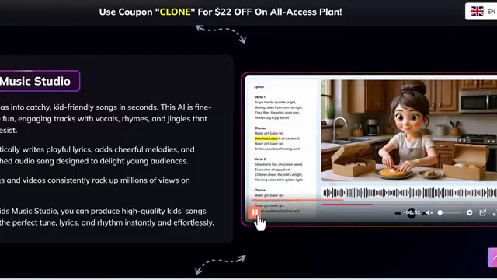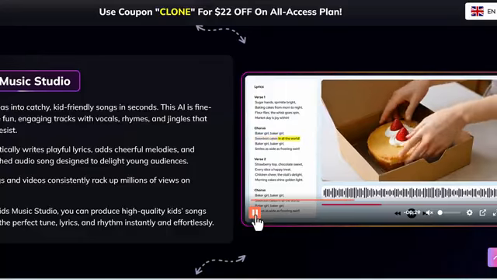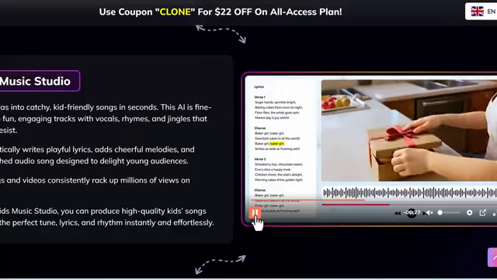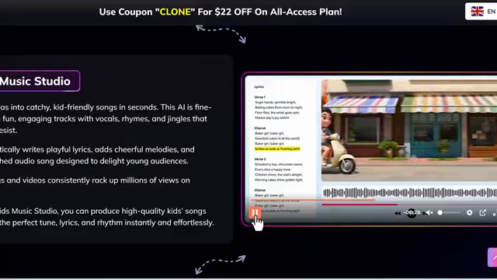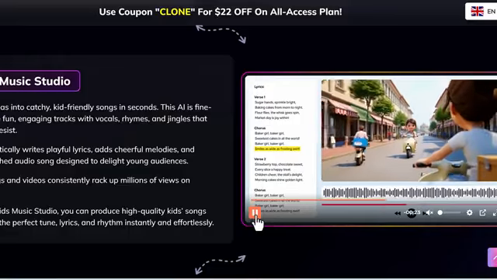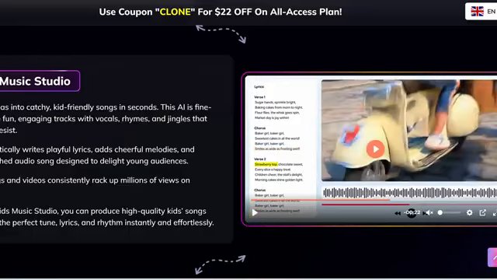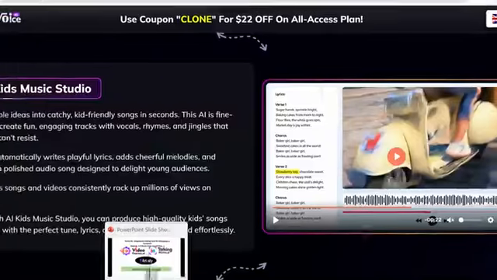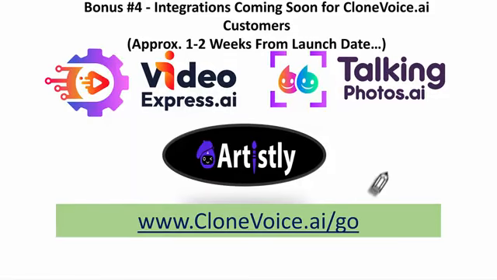We'll show you how to do this step by step. That's the beauty of the integration. So you can bring your voices to life with video, images, storybooks, and all that kind of good stuff. And that integration has already started. Phase 1 has already been completed. We've finished the Artistly integration. You can actually see it in the tutorials page of CloneVoice.ai. This is done. This is coming up or already there, depending on when you watch this video.